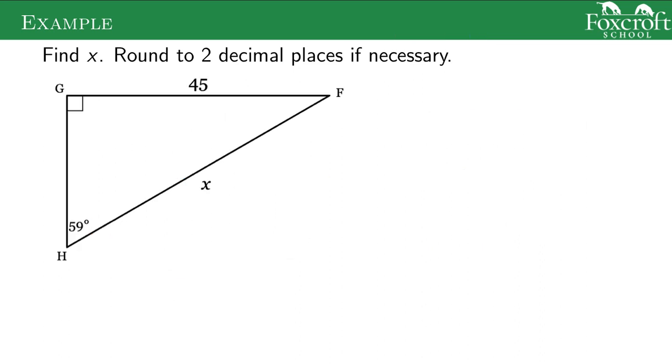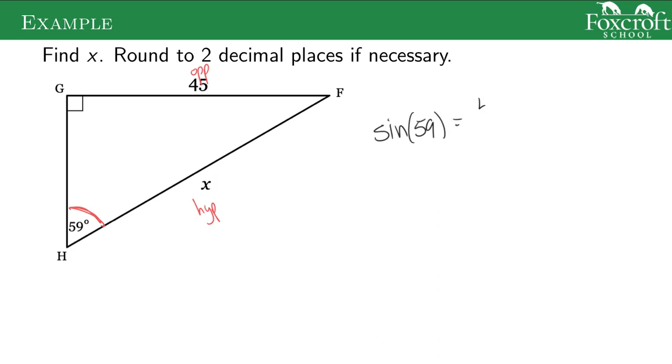All right, I think we're just going to do one more example together, and then you'll do one on your own. But again, you could always pause the video and try it on your own prior. All right, we have our angle, and we have the opposite side, and we want to find the hypotenuse. So this is another case where we're going to use sine. So sine of 59